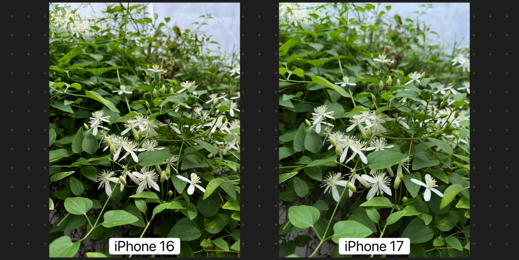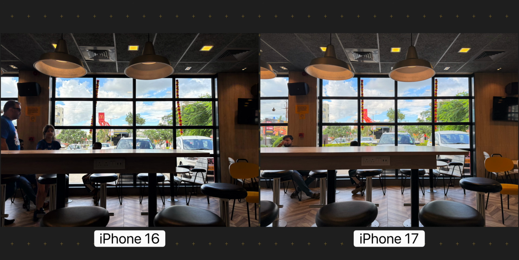Same in this shot, both did really well here. So the iPhone 17 is not ahead of the iPhone 16 in every situation. More often than not, images from both these phones look really similar. In this shot, again both seem to have handled the brighter parts outside the window like champions, but the iPhone 17 seems to have done slightly better with the shadows, which you can see if you look at this part